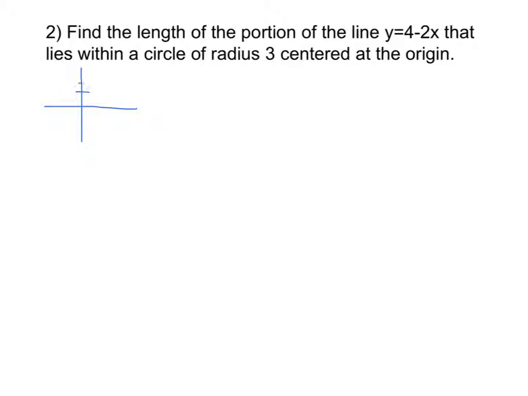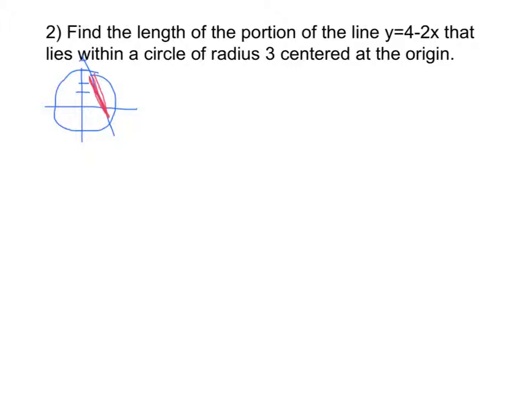If we have the equation of the line y equals 4 minus 2x, it's going to kind of come down something like this. And if I have a circle of radius 3 that's centered at the origin, it's going to come around something like this. So what I'm really looking for in this problem is the length of this section right here that stretches from the circle top right here all the way down to this other edge of the circle where it's intersecting with the